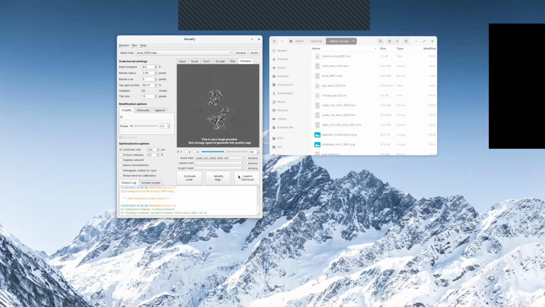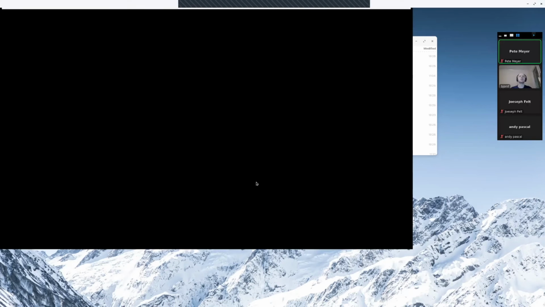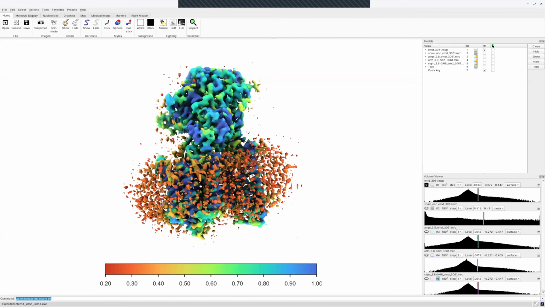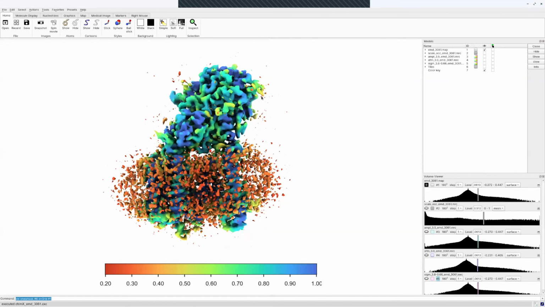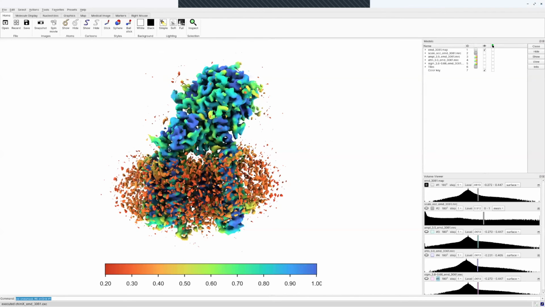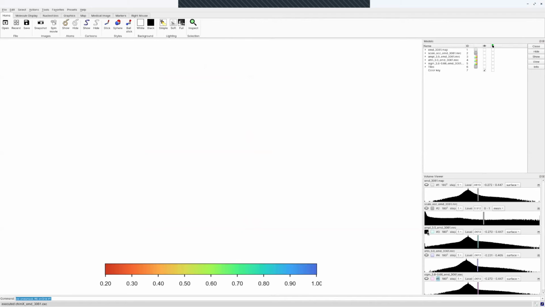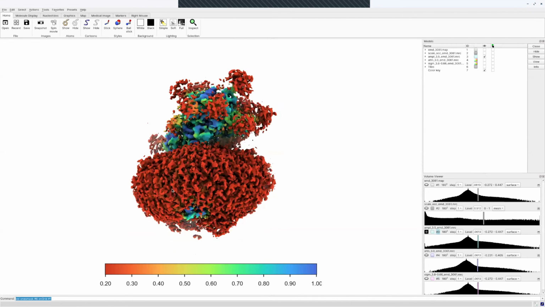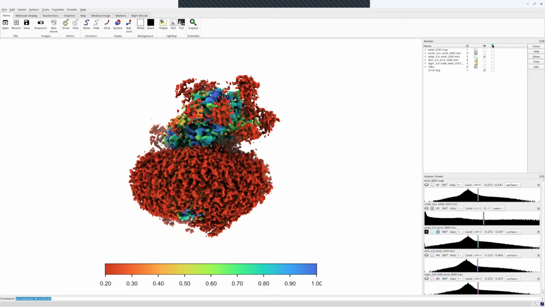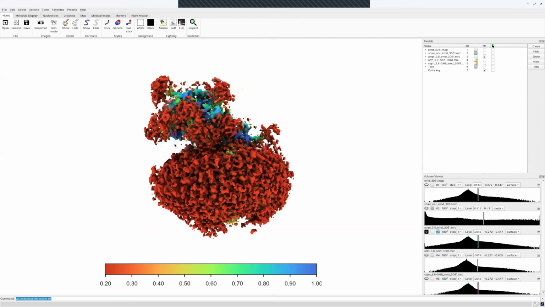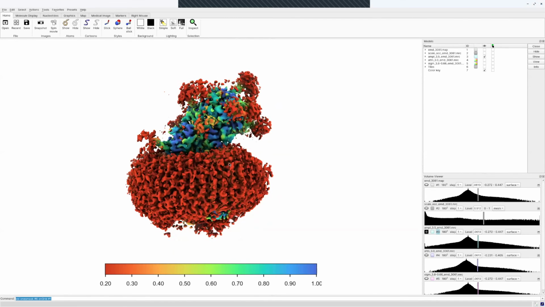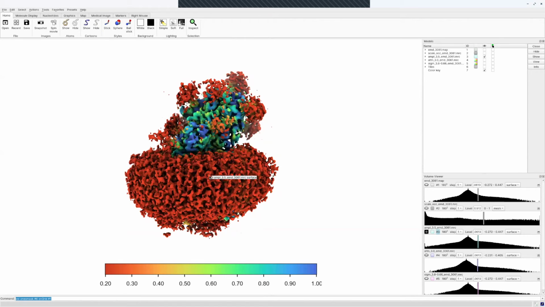If we want to have a look, we can just launch Chimera. This creates a startup script for Chimera that it can then use to open. This is the input reconstruction, and it is at this point just colored according to the estimated local scale. If we look at the amplified version, this has amplified all of these low occupancy post-translational modifications, which in this case are glycosylations on the surface of this membrane protein. You can see that it's also boosted the membrane because the membrane is perceived to be low occupancy.